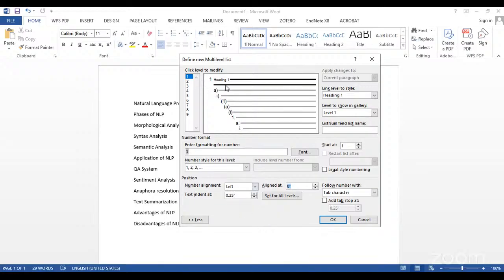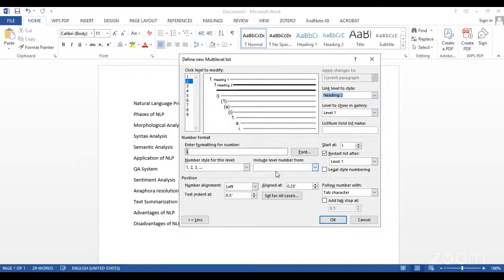So after this is level 1, we have heading 1, which we create here. After that, level 2: this is the default number, so you have to delete it. After that, select the number style, that is 1, 2, 3. Then go to link level to style and select heading 2.